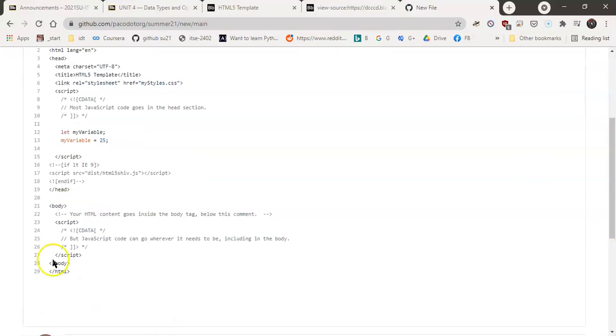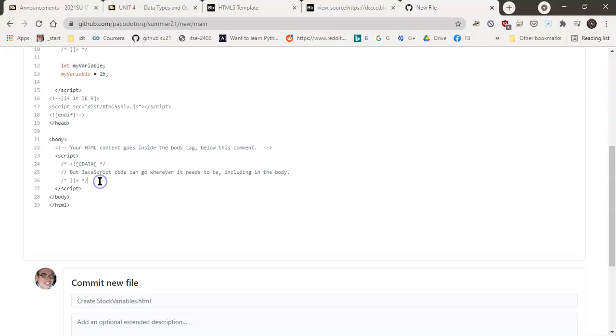I'll scroll below to the other script at the end of line 26, press enter a couple of times, and this is where I will display my information. I'll say document dot write, open parentheses and then double quotes, and just start to type in the name of your stock. In this case, I don't have a stock, I have a my variable. I'll just say my variable, and I'll use spaces and some inside quotes,